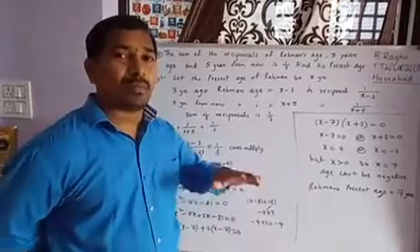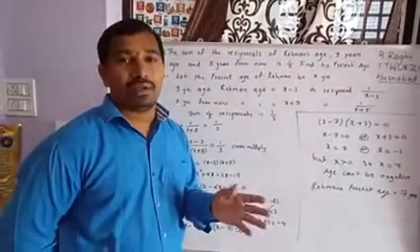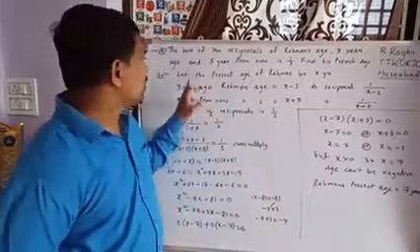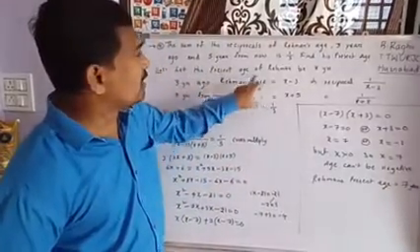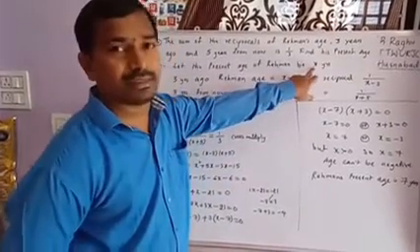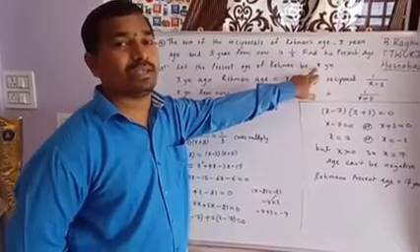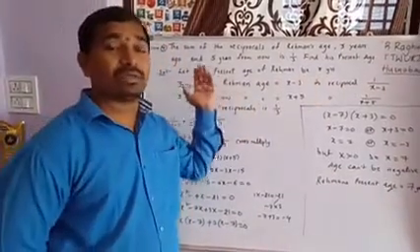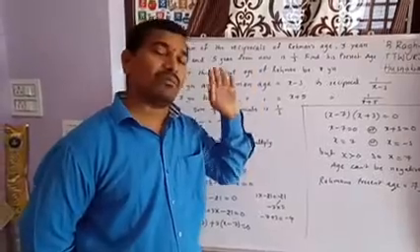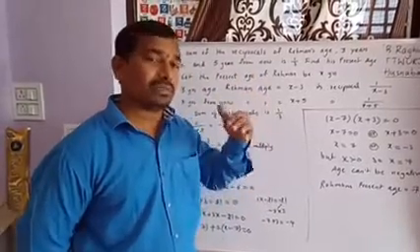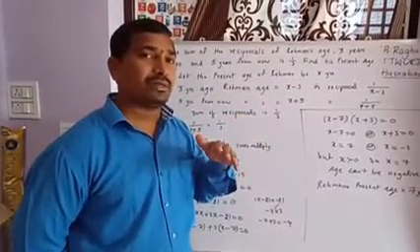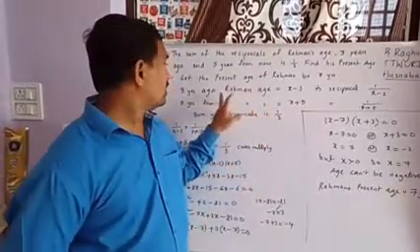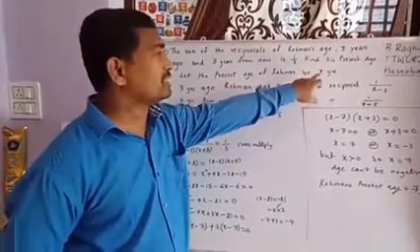Here we don't know Rahman's age, so the unknown number is assumed as a variable x. Let the present age of Rahman be x years. 3 years ago means 3 years before, and before means you have to subtract from the present age. If the present age is 10, 3 years ago it was 7. So 3 years ago means subtract from present age.